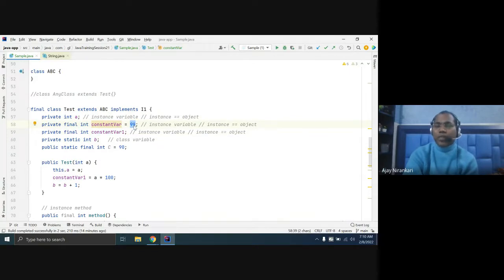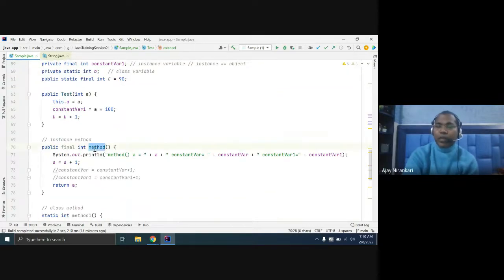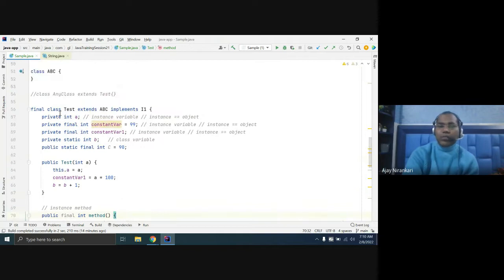After this initialization, the value cannot be changed. If your method is final, that means this method cannot be overridden in a subclass. But if you write the test class as final, that means no other class is going to extend the test class.